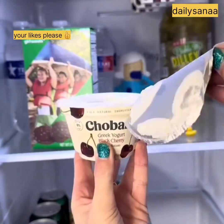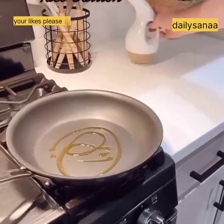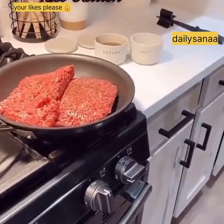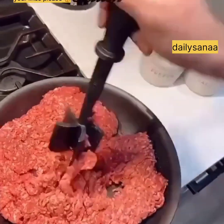This helps to save so much room in my refrigerator. These are my Amazon kitchen must-haves for making tacos. First up is my olive oil dispenser and my salt and pepper bowls. Both of these are super convenient to use while cooking. My other must-have for making tacos is my